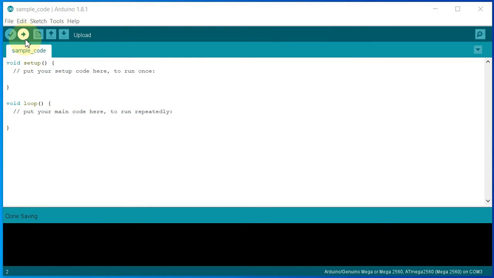The next button is the Upload button. Once the verification is done and the human language is compiled to machine language, it is good to go to dump our code or file into the microcontroller. The upload will take place when you click on Upload. Then two LEDs will be glowing on the microcontroller board. It will indicate that your laptop or computer is communicating between the microcontroller and the Arduino IDE.